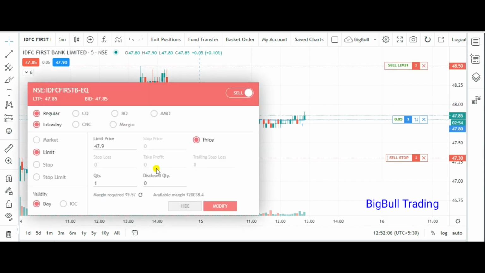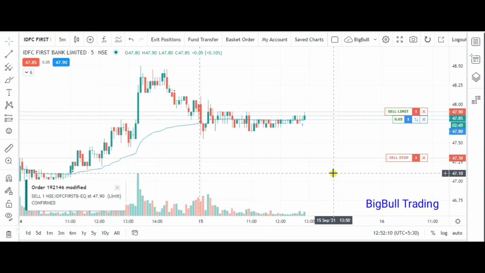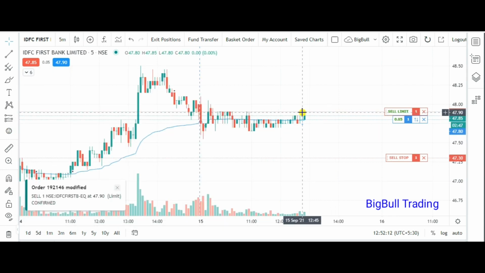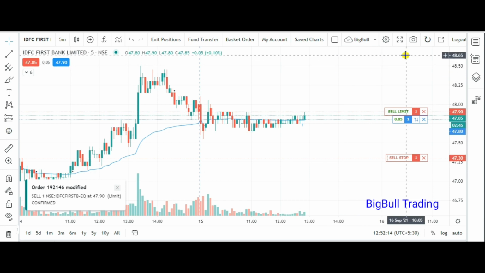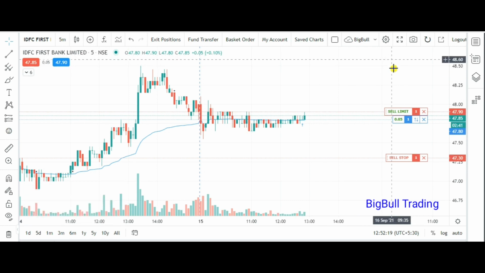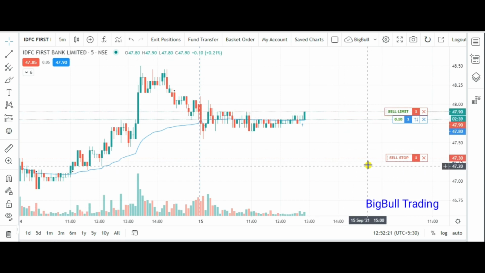So you put it here and you press the modify button. Now you see, if the target price comes here, the order will be executed at this price. Just wait a few seconds, I will show it to you. It's modified, so this is your target level and this is your sell stop, just to show you how it works.